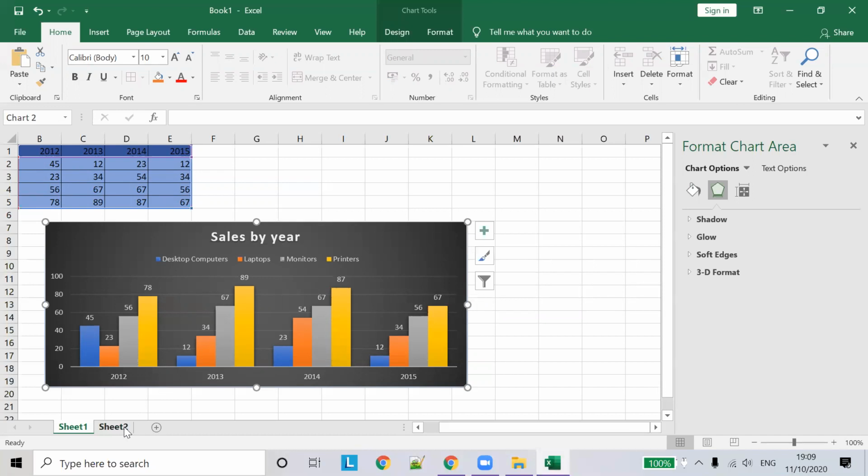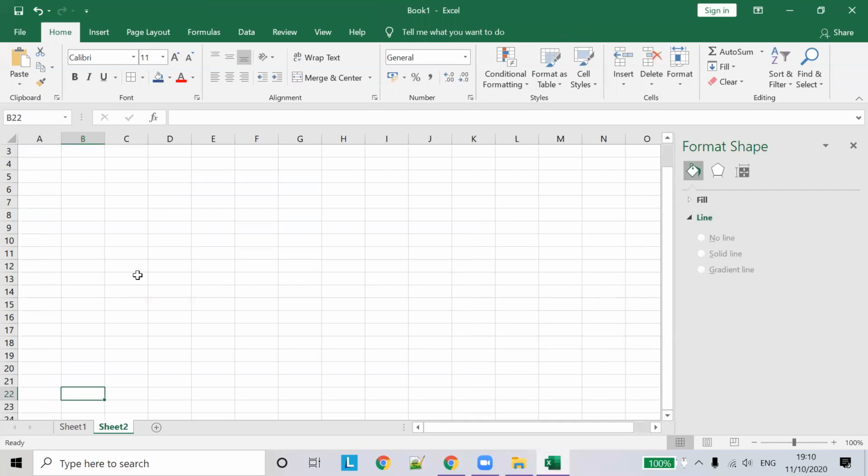In a single dataset, we can have multiple types of charts. For example, a bar chart and another chart in the same chart. I think it would be better to explain it, and you will understand it better. We'll have a bar chart and a line chart in the same chart. Okay, let's start with the data first.